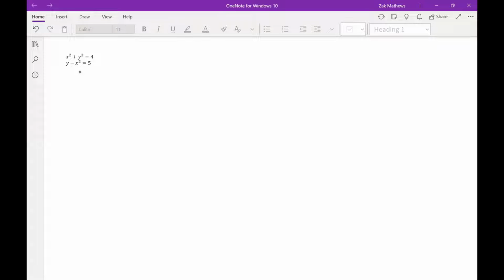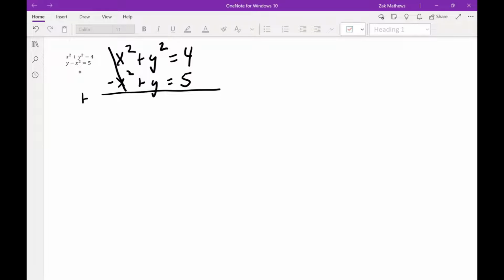If we think about the best way to solve this one, well, we have a few different options, I think. I don't think it would be real hard to use substitution. Also notice that we do have similar variables sitting on top of each other. The x squareds would cancel if we were to add these two equations. Maybe it would help if I rewrite this to see that more clearly. Let's switch the order of these. I'm going to add the two equations, and notice the x squareds are going to cancel right away, and we'd have a y squared